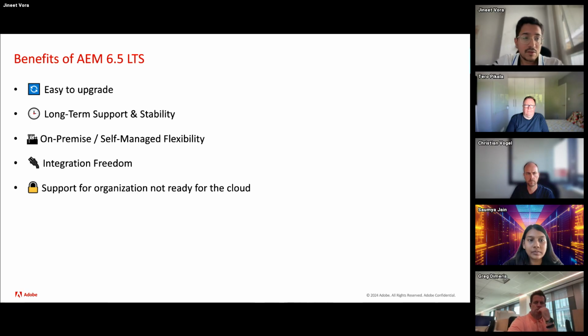Examples of this are government agencies, or the financial services sector, who cannot easily move to the cloud. So this is one of the benefits of moving to AEM 6.5 LTS for those organizations. And speaking of cloud, I will now hand over to Soumya, who will talk about how AEM as a cloud service provides its benefits.